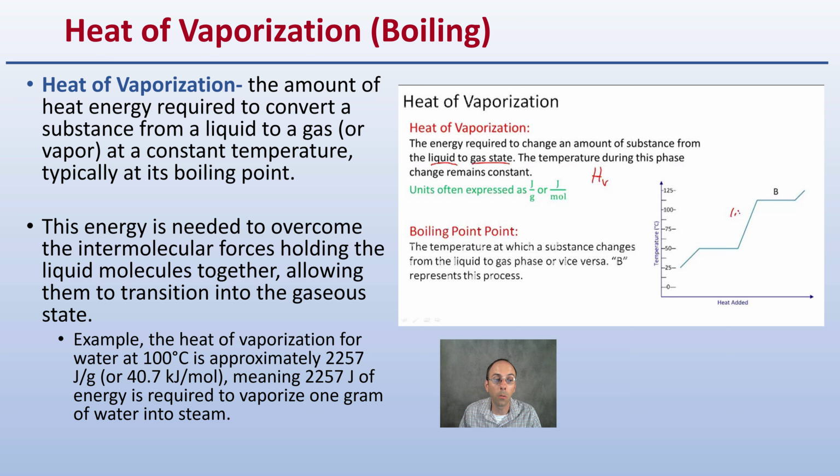This energy is needed to overcome the intermolecular forces holding those liquid molecules together, allowing them to transition into that gaseous state. So for example, the heat of vaporization for water at 100 degrees Celsius is approximately 2,257 joules per gram, or 40.7 kilojoules per mole, meaning that 2,257 joules of energy is required to vaporize 1 gram of water into steam. So it kind of gives you that idea of the vaporization, again, going from that liquid to that